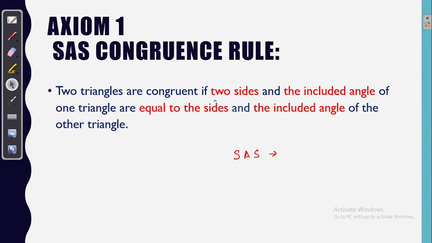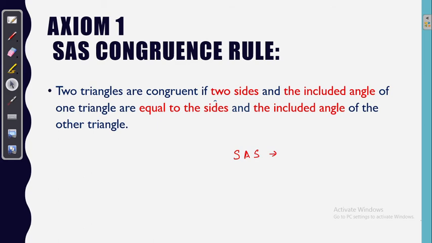In words, we can say the SAS congruence rule, ma'am. When there are two sides and an included angle, that triangle is said to be congruent, ma'am. And there are equal sides, ma'am, not a side simply. When there are equal sides and an included angle, then the triangles are said to be congruent, ma'am. Ma'am, can I try? Yes, please. Yeah, Harika.